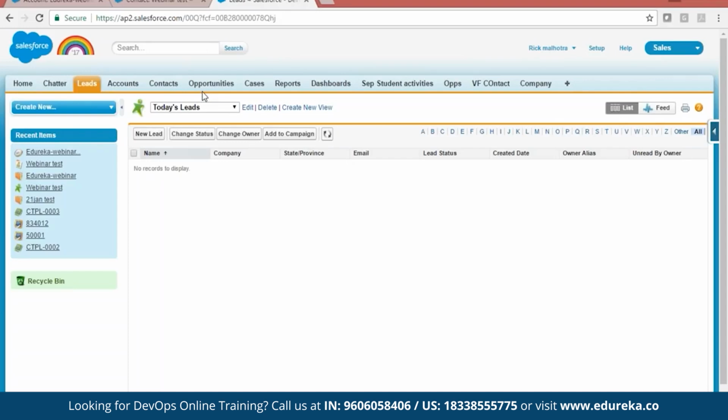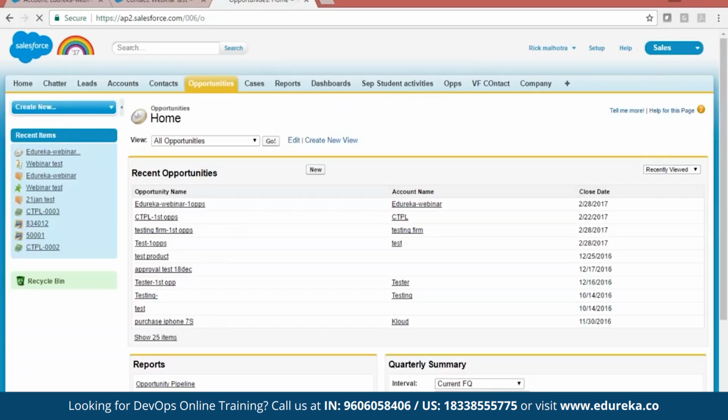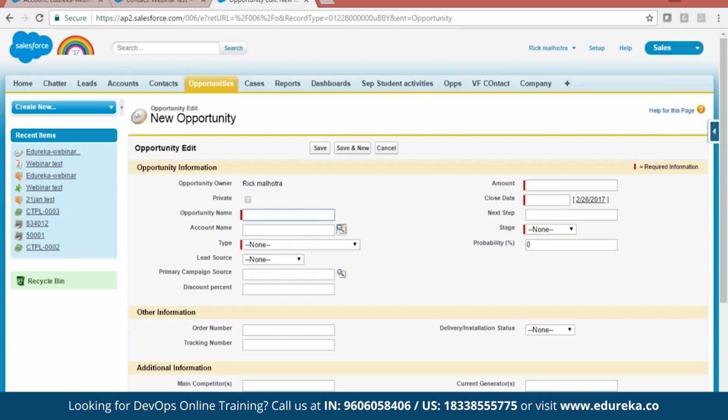Now for existing customers, I don't have to create a lead because I can directly create an opportunity for existing customers. Now you will say, why not for new customers? So let me tell you the reason, because when you click on an opportunity and click on new, account name is mandatory. So account name should be there, then only you can create an opportunity. Now this is my own development, that's why I have made it not required. But when you purchase a real one, account name must be there.